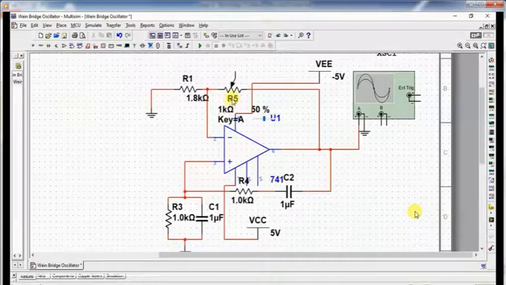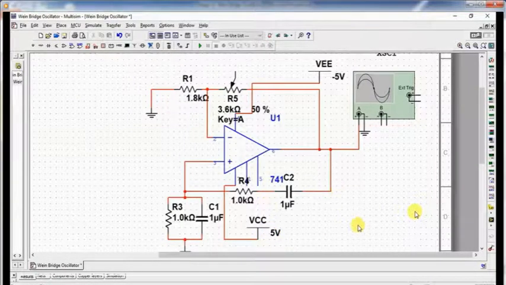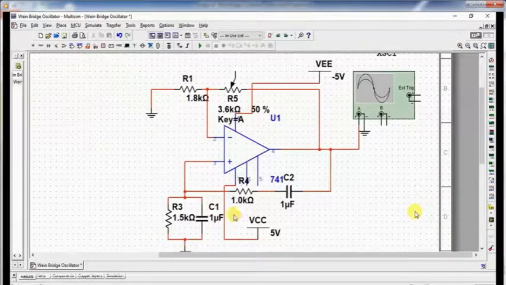So here, according to our design steps, the value of resistance R1 and variable resistor RF is 1.8 and 3.6 kilo ohm. So here I am considering these values, and you can change the values of the components.